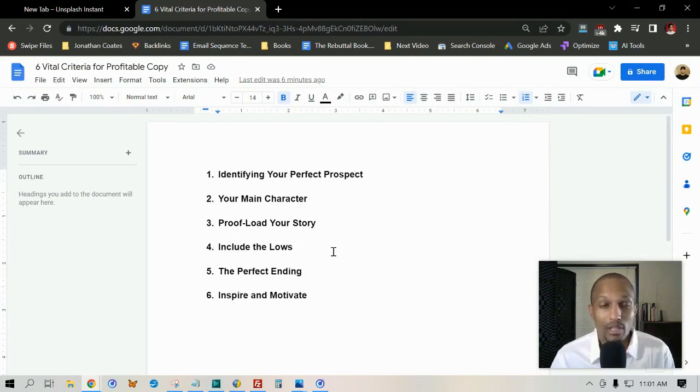And number three is really, really important. In fact, there's probably not a point where you even have enough of these, and that's proof. You want to proof load your story. You want to throw in as much detail and be specific and show as many screenshots and social proof. And if you're talking about numbers, if you quote numbers, show them the black and white. Show them the receipts. If you're talking about money, show them the bank account information. You don't have to show your account and routing number, but show them the proof of the deposits and withdrawals.